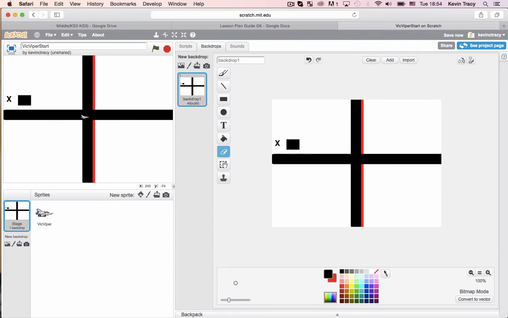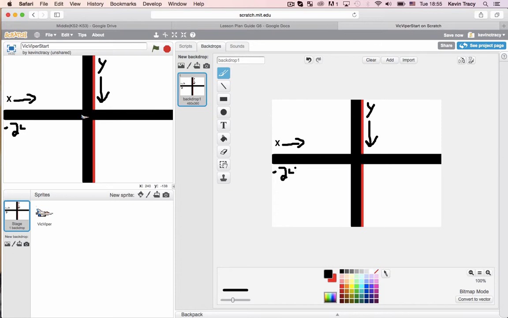Let's erase that. The x symbolizes going in this direction, left to right, and we have the y direction, which starts up here and goes down. Actually, these both start here in the center, and the center is what we call the origin, and it is 0, 0. So x goes from, this side is negative